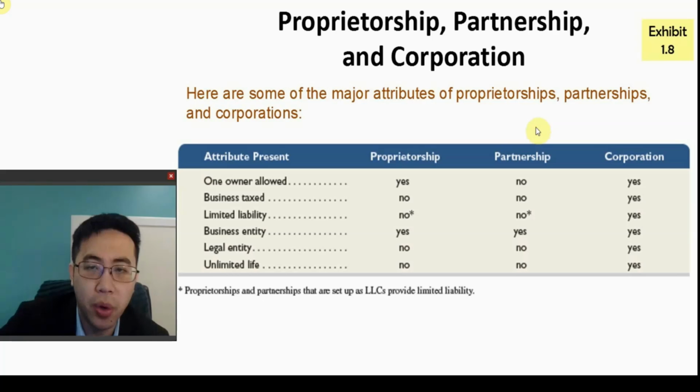That applies more to a corporation and also to LLCs and LLPs, which have limited liabilities. But for a regular sole proprietorship and partnership, there's no limited liability, or we can call it unlimited liability. So back to our example, you're running a company that has only $1, but you have liabilities of $2. Not only do you have to sell your company and get the $1 to pay the $2 debt, you still have to be responsible for the rest of the debt. After you pay $1, you still have a $1 debt left. So that means you still have to pay that rest of the dollar.